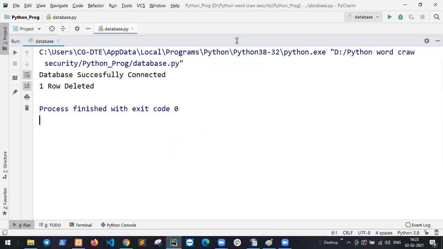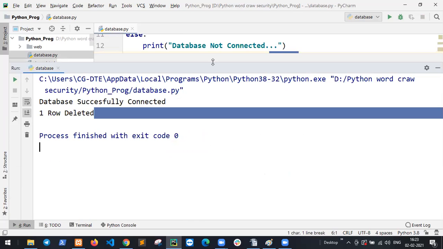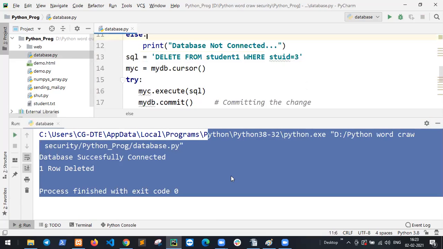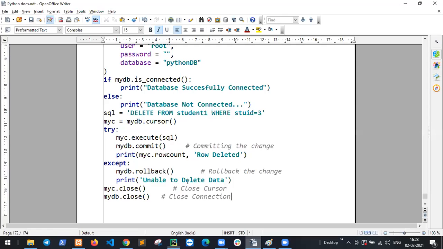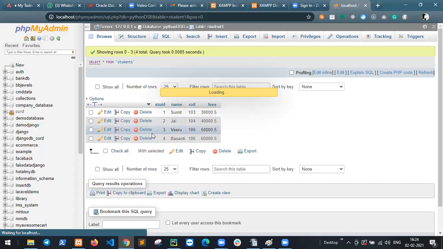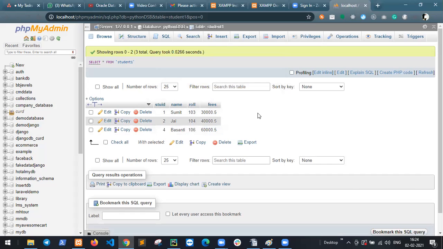One row deleted. If I say run again, show this database, show tables. Delete this row. Okay, the third row is deleted.